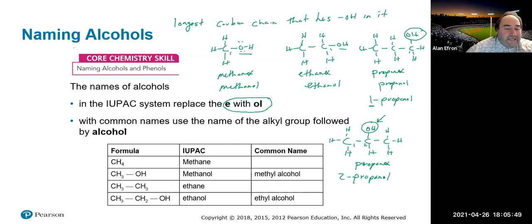Now, in addition, we can also classify alcohols. We could classify alcohols as primary, secondary, or tertiary, depending on what is attached in terms of the OH group. And what I mean by that is, if you remember when we talked about primary carbons, that's basically a carbon attached to another carbon. So when we talk about a primary alcohol,